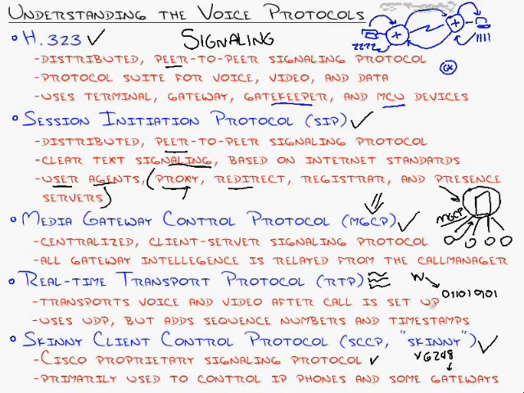RTP is the sound of your audio. Now, RTP rides on top of UDP. It's unreliable, and that's good because we don't want to resend audio if it fails. I mean, the time has passed. It's all real time. So it uses UDP, but RTP, this protocol, adds sequence numbers and timestamps. UDP doesn't have sequence numbers and timestamps.